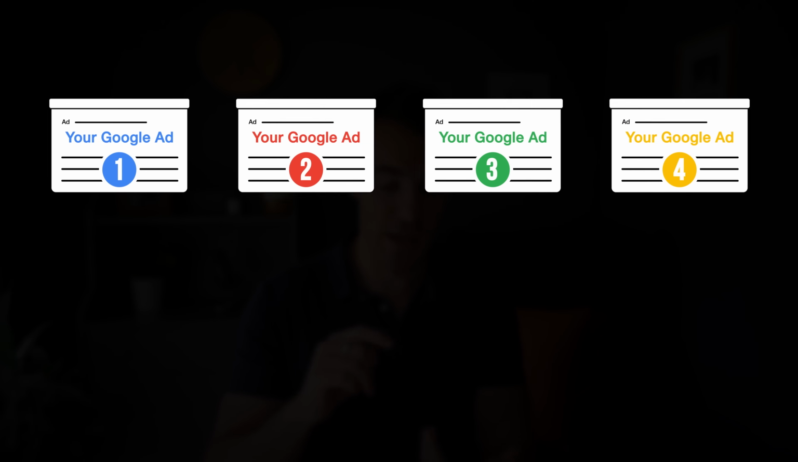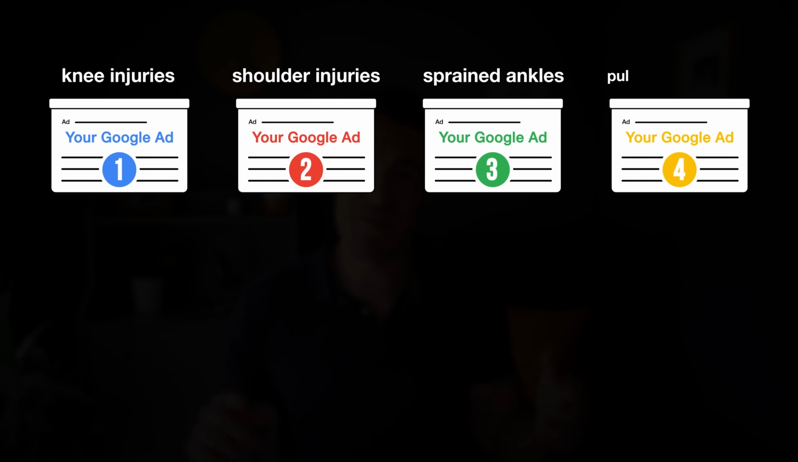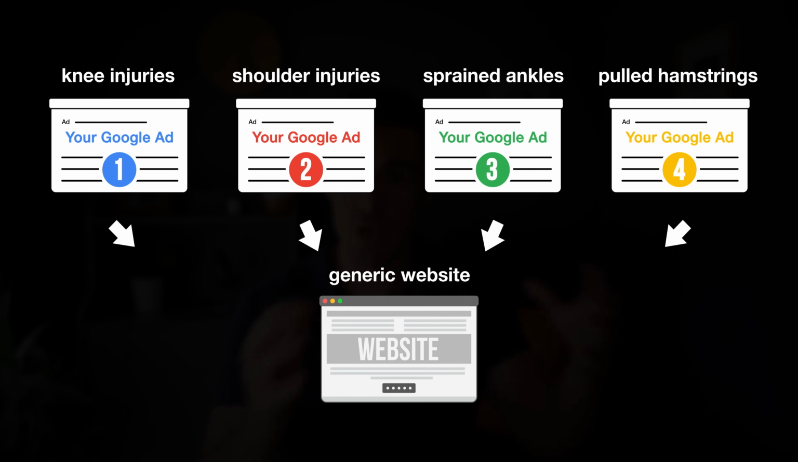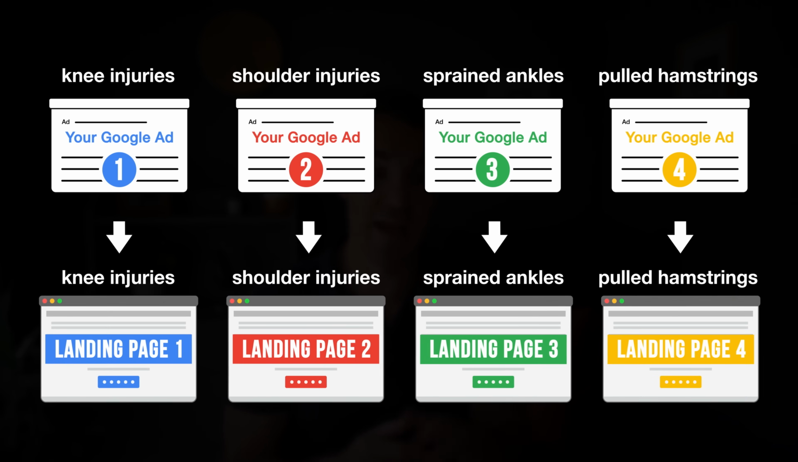You can then go one stage further than that even and create separate landing pages for each one of those ad groups. Again, takes time, takes effort, but can massively improve your results. So for each one of those ad groups we run through, like knee injuries, shoulder injuries, sprained ankles, instead of just coming through to the homepage on your website, something generic, imagine if you had a specific landing page that was like,